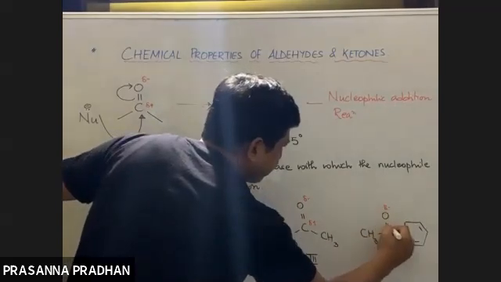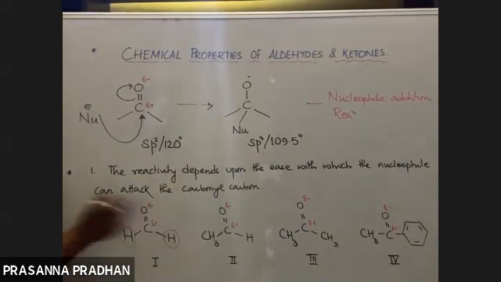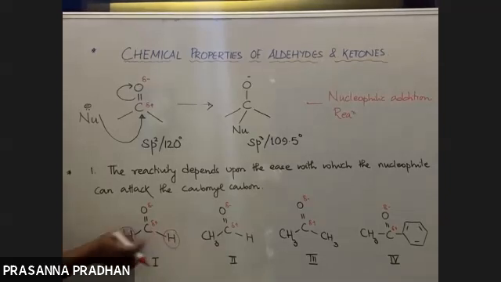Where do you think the nucleophile can easily attack the carbonyl compound amongst these 4 compounds? Again, I'm repeating. Just remember one thing: the reactivity depends upon how easily the nucleophile can attack this carbonyl carbon. That's it. I've given you 4 different compounds. Now here we see there are 2 small hydrogen atoms. Hydrogen is the smallest atom. So the nucleophile can easily attack out here because there is less steric hindrance. These small hydrogen atoms will not block the path of the incoming nucleophile.